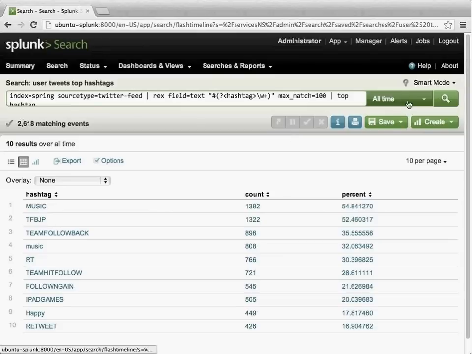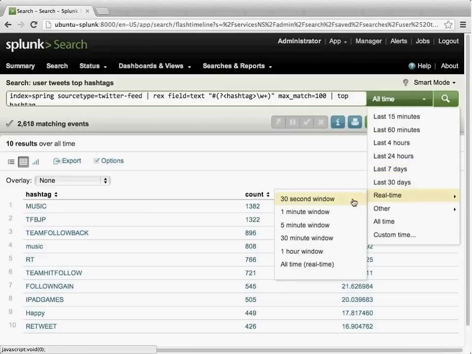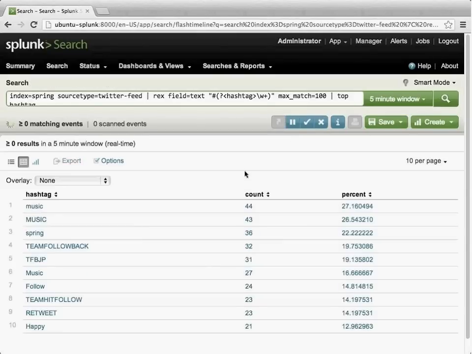Again, this is an all-time search, so maybe we'll want to turn this into a real-time search and see what we've got going on there. We should see some events starting to come through. There we go, 179 events, 183 scanned events. So that's cool, I like tables. Tables are nice. We've taken the raw event data that's come in and made it slightly more human readable in the table format.